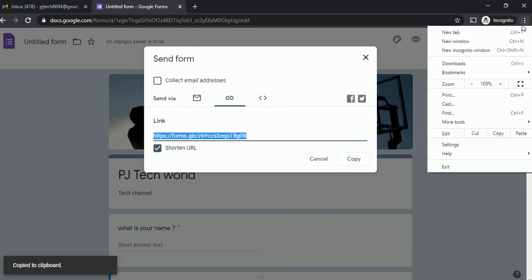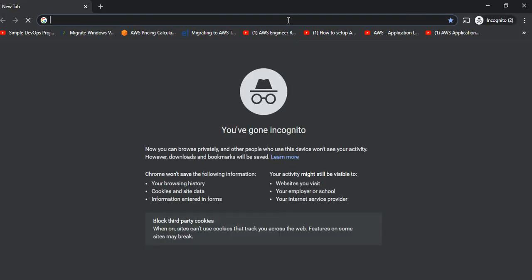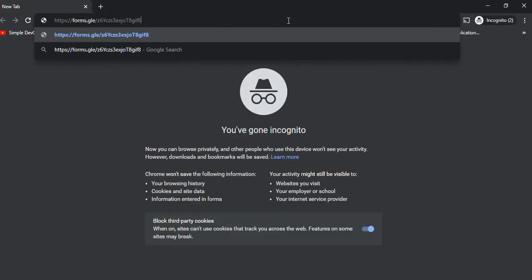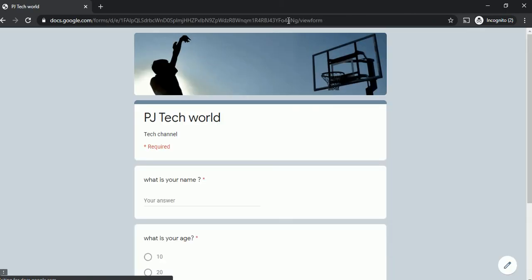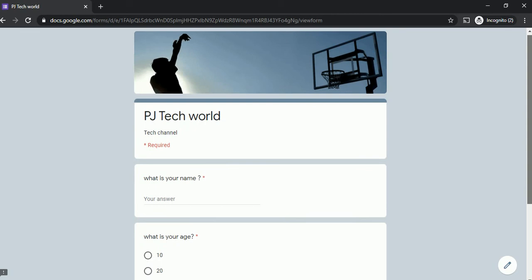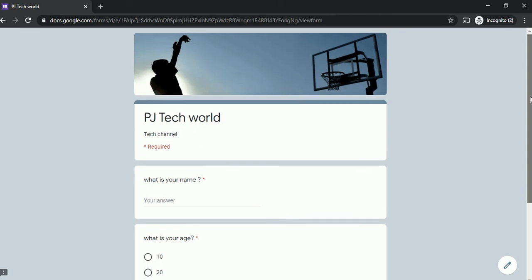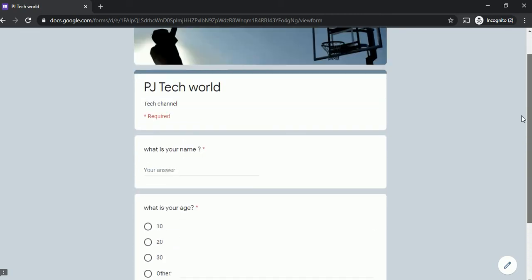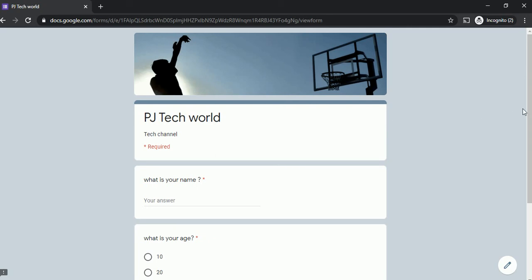You can share this link with anyone so that they can see your Google form. Simple. See, I just copied my shareable Google form link, pasted it here, and I can see the Google form. So this is the way you can create, customize and share.